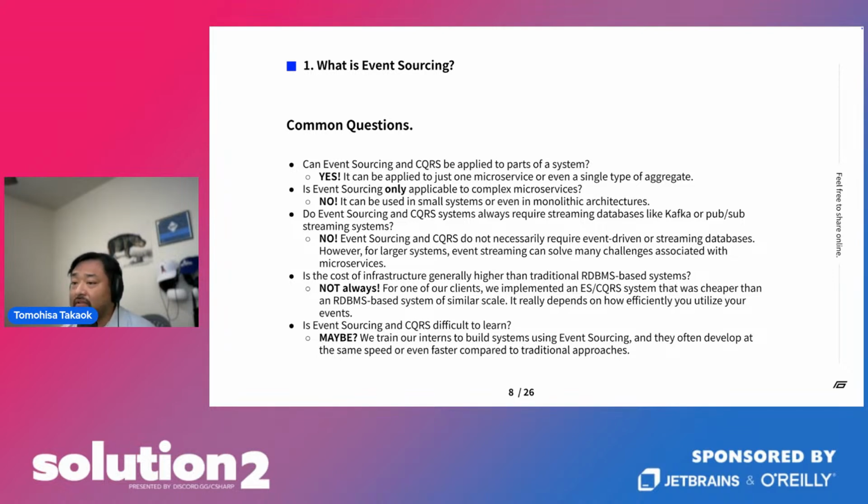And the last question: are event sourcing and CQRS difficult to learn? It took some time for us, especially since we didn't know anything about event sourcing until we started making this framework. It took me a little bit of time, but now we understand well, and we started training our interns and newcomers in event sourcing programming. Once we teach it in a simple way, they understand, and then they said they can make this easier and better.